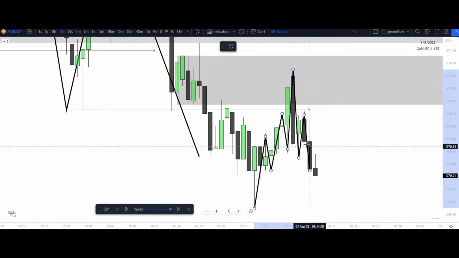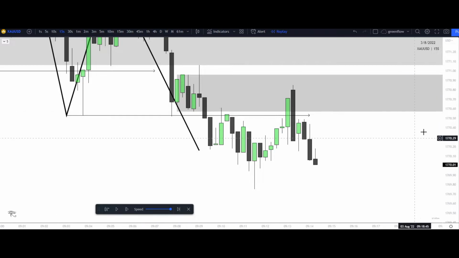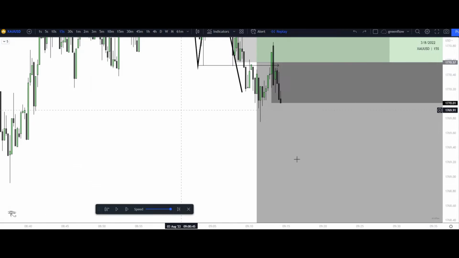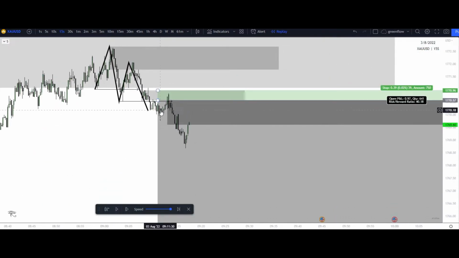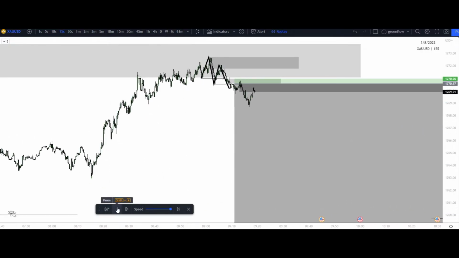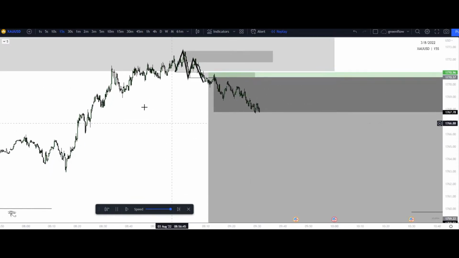If price respects this candle or respects this imbalance, we will see that continuation to the downside. So it's still that structure, right, that we are seeing. We see the break here, we see the break here. Let's go back and put this back, and then watch what happens, right? So we're looking for price to jump off of our zone. It ends up jumping off of our zone. We get that mitigation of that supply candle that showed that break of structure to the downside, right there. And then we are looking for now that continuation.